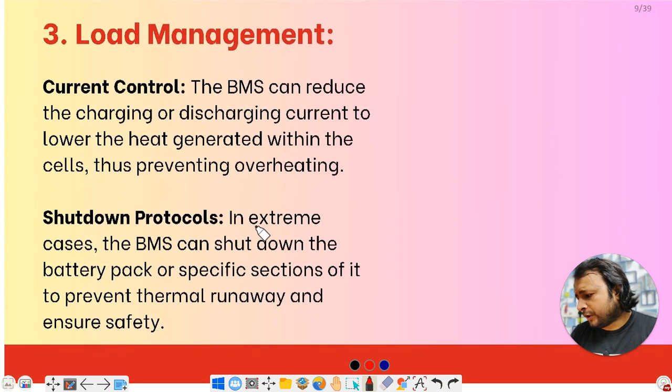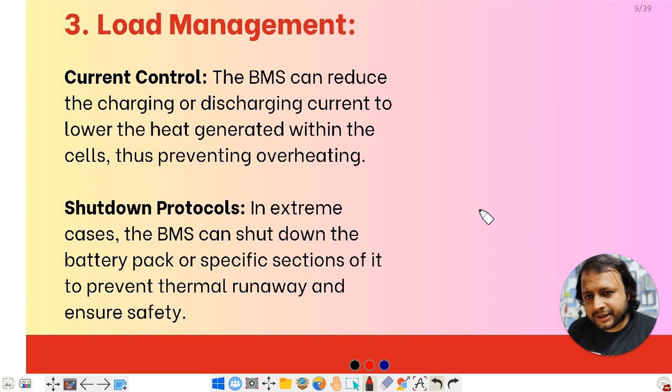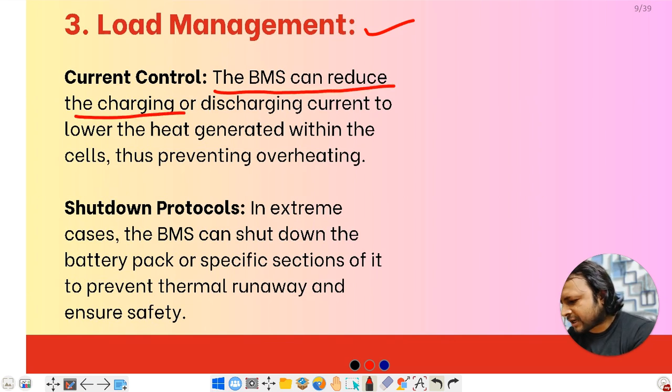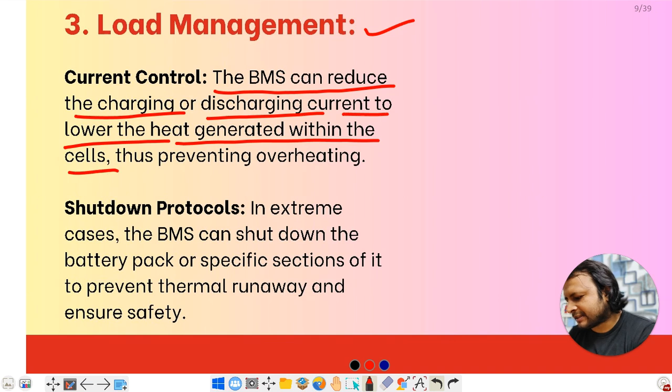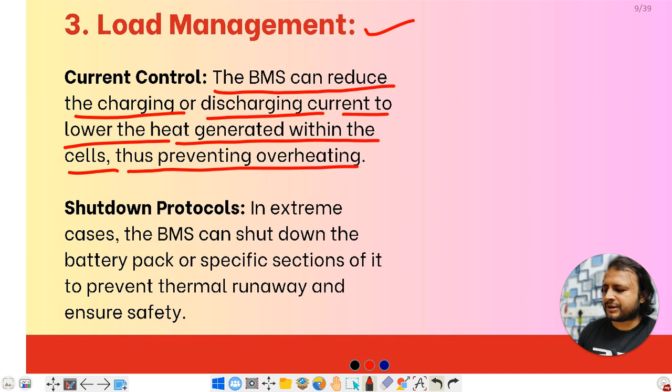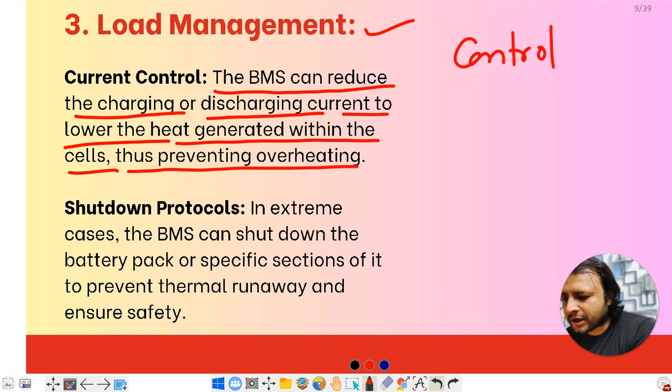And load management. In temperature we have gone through both two, and the third one is load management. For current control, the BMS can reduce the charging or discharging current to lower the heat generated within the cells, thus preventing overheating. What is the BMS doing? Suppose the BMS can control the rate of charging